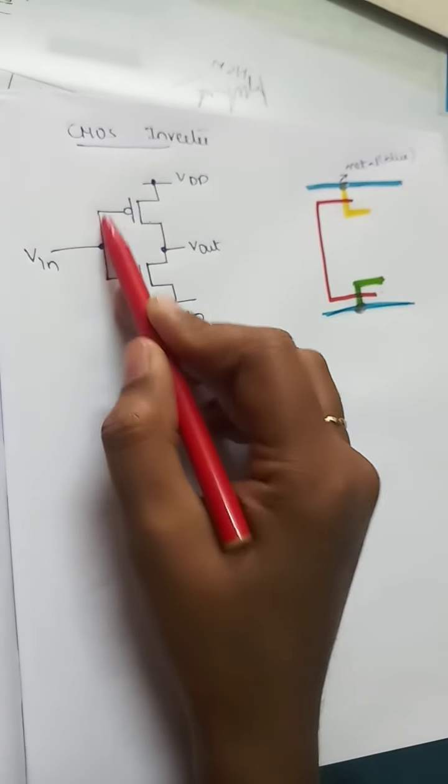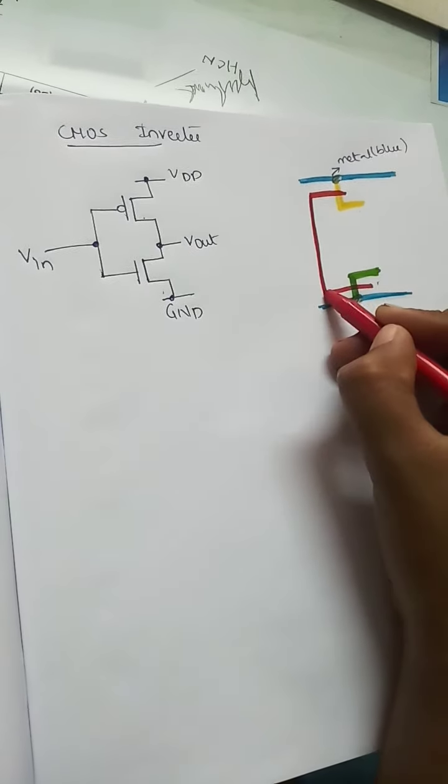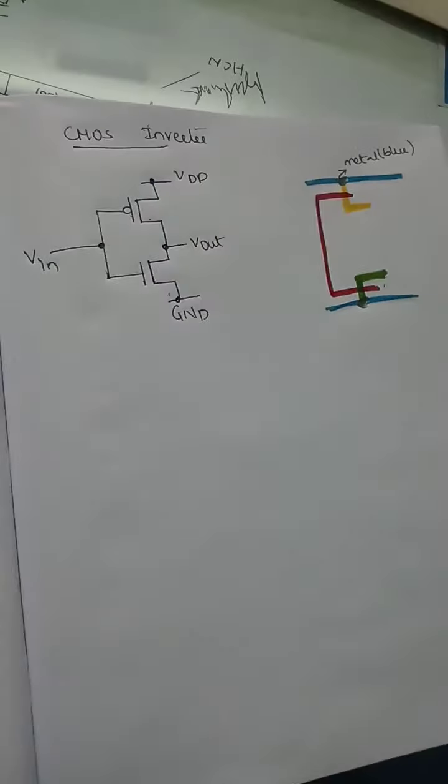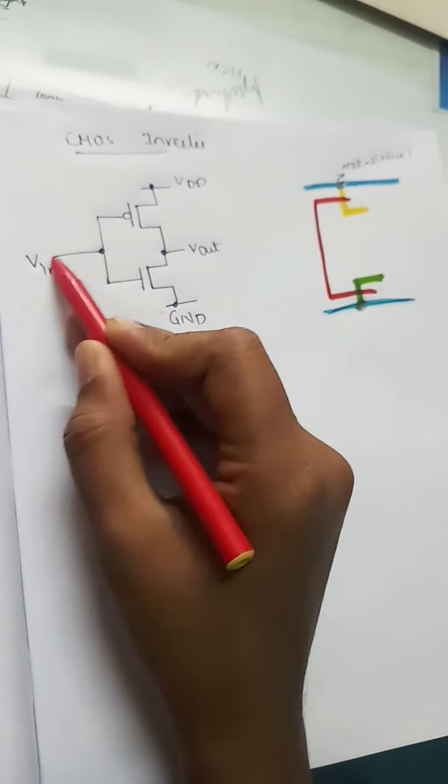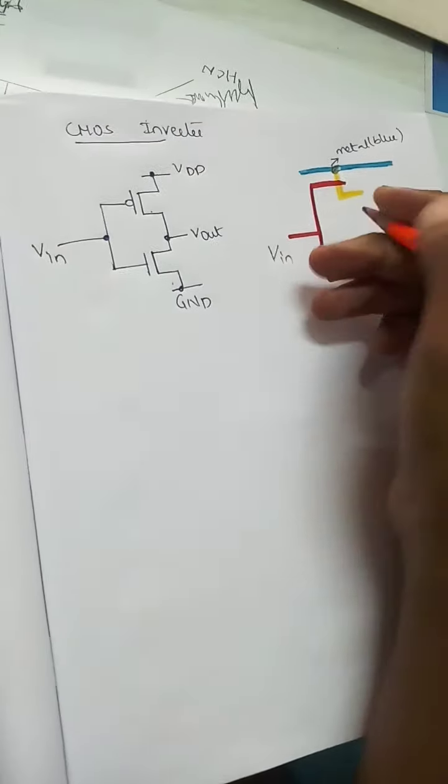See how I am drawing. See here the connection is like this. Similarly you have to use the color red with the same indication. Next, here the input, you have extended this polysilicon here. Similarly extend here and write as V in, and also here you have to make a contact cut because here